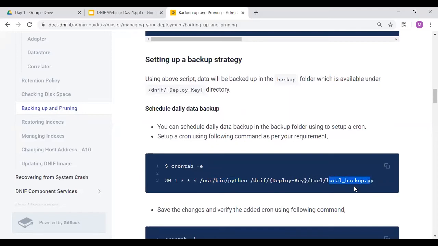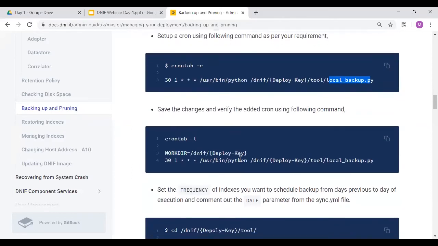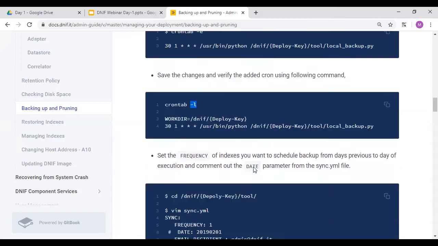Once this runs, it consists of the YAML file, and the YAML file consists of the date when you are starting your backup. You can also list the jobs which you have. You can see one job over here, you can have 10, 20, 30, 40 jobs also. So this is the automatic backup.